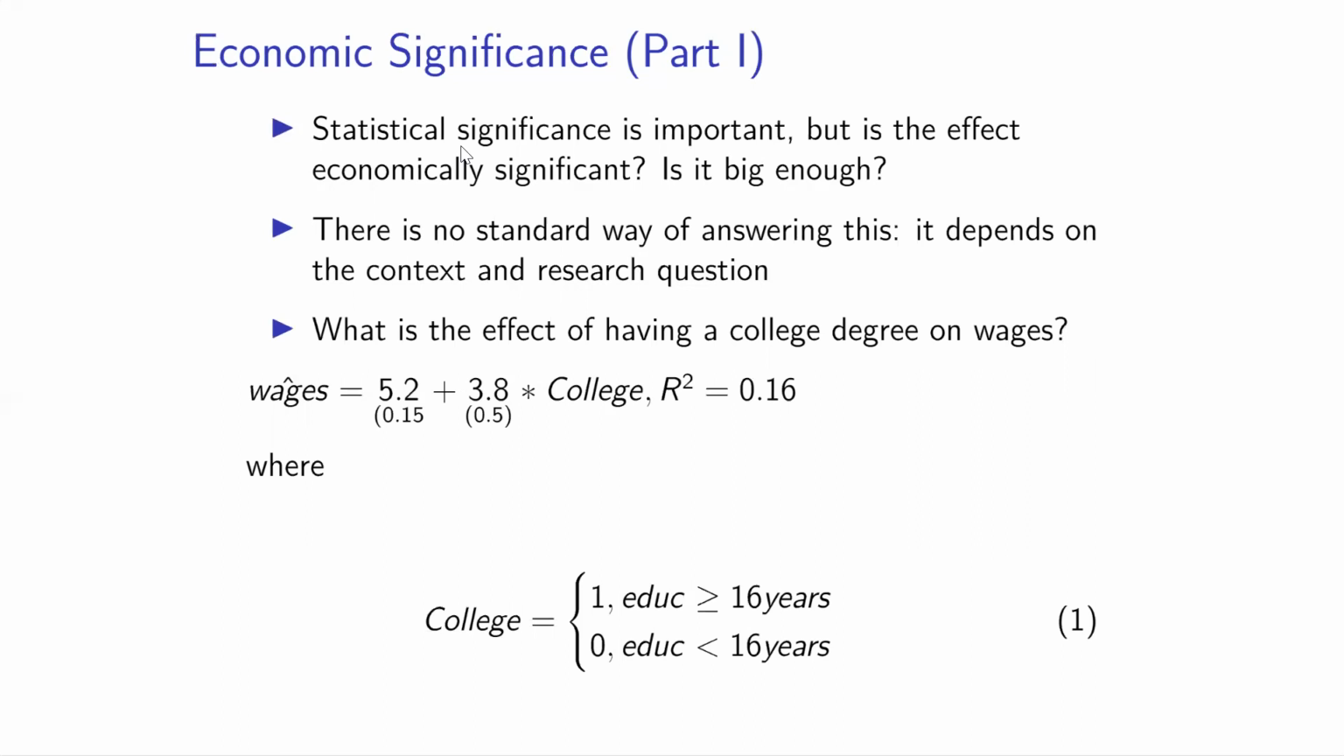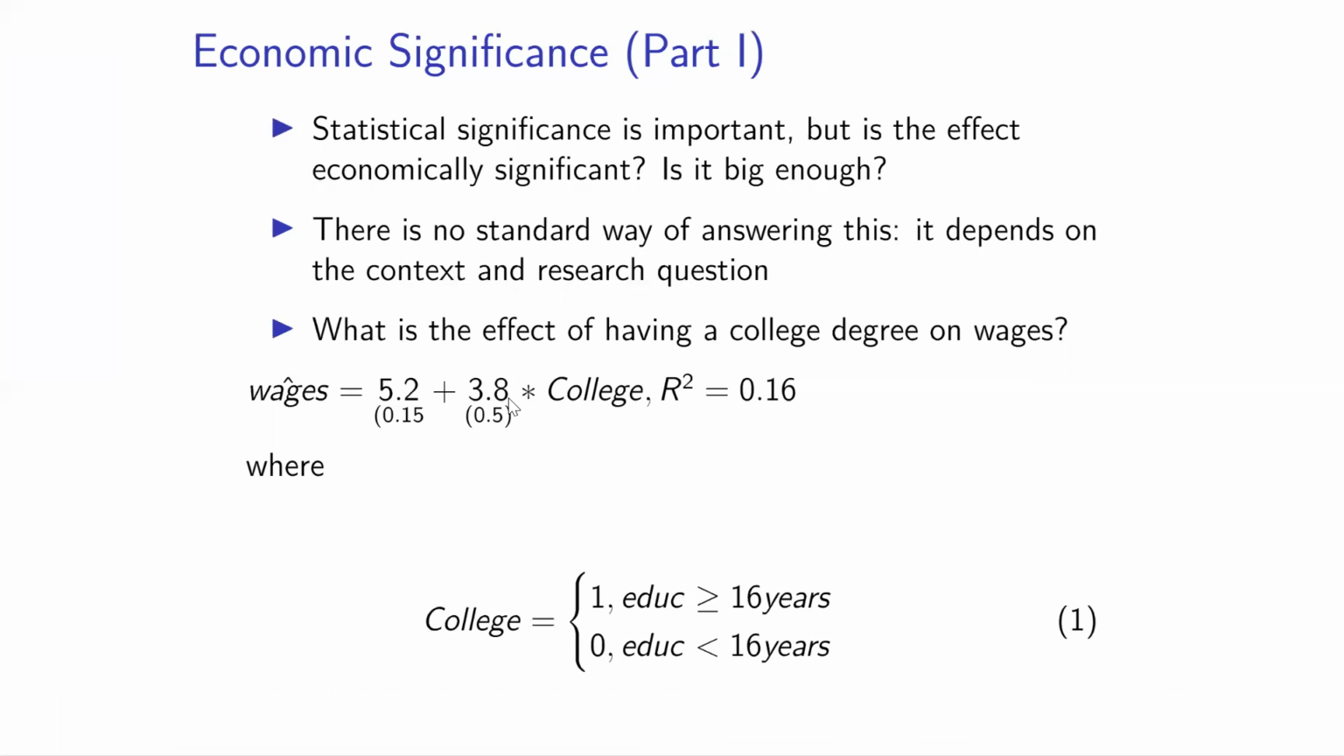For example, you want to know the effect of having a college degree on hourly wages. You regress the hourly wages on a college dummy. If a person received 16 years of college education or more, then the college dummy is true. Otherwise, it's not true. The estimated beta is 3.8 for the college dummy. This means that on average, a college grad earns $3.8 more per hour